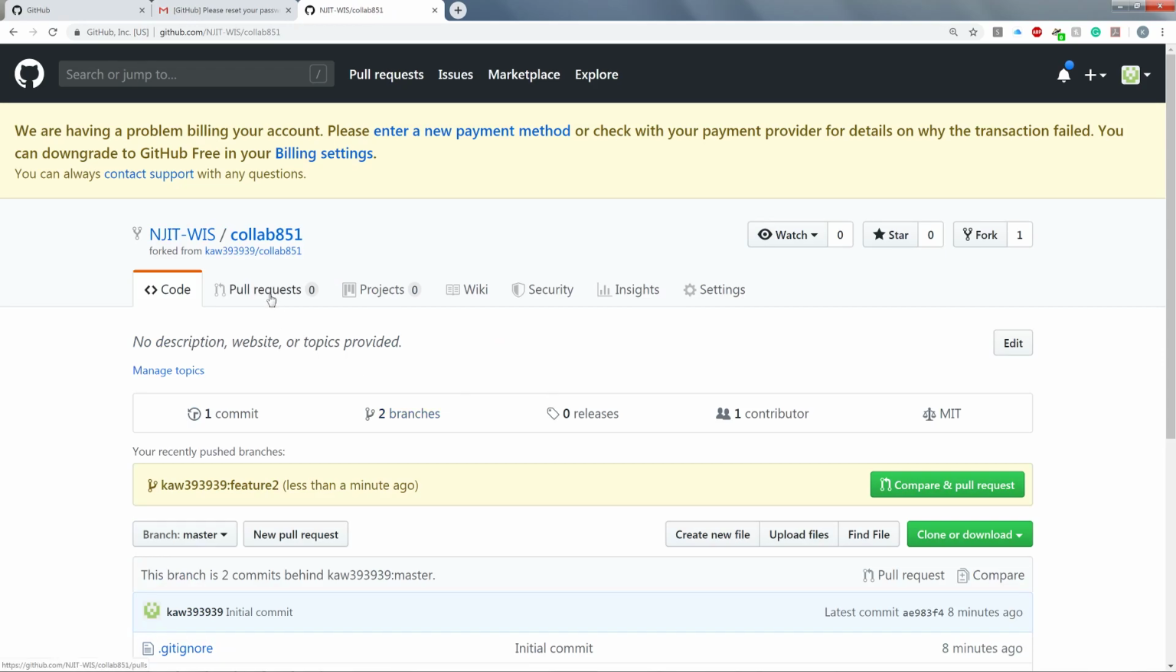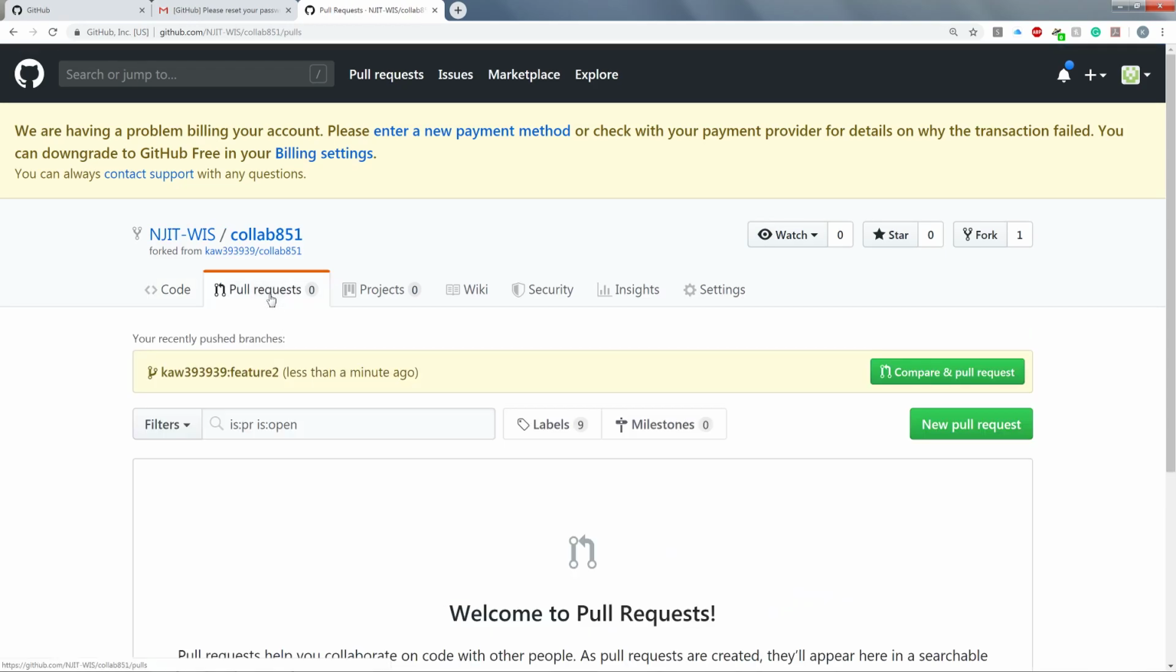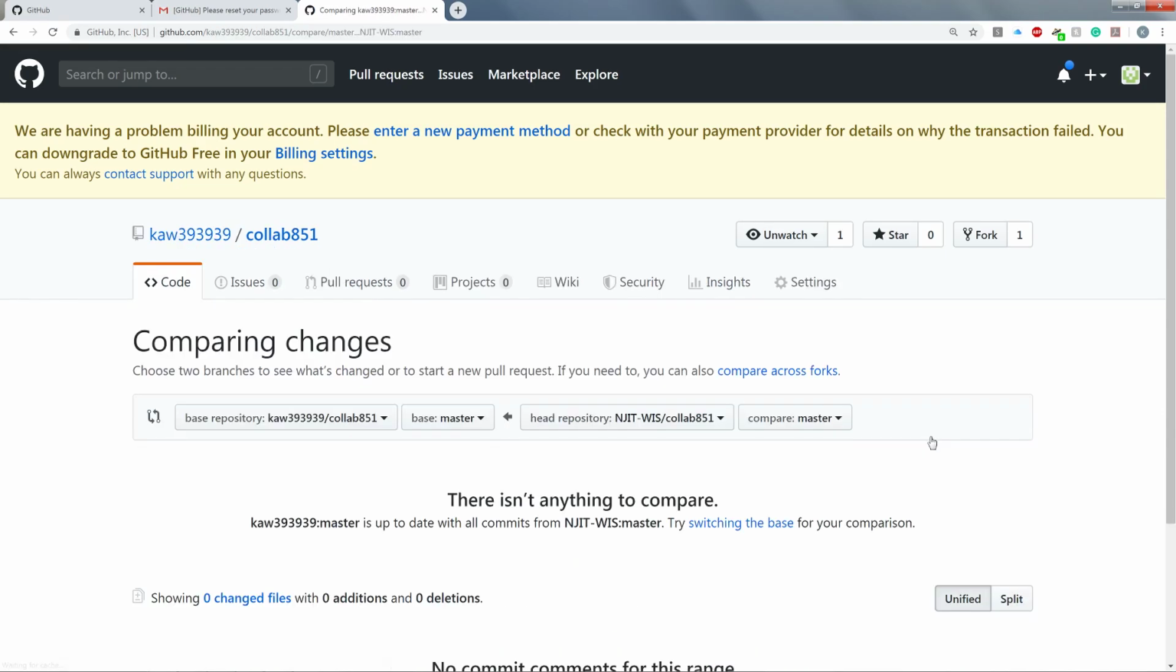And then I could say, okay, well, let's open up a pull request here, and you could see your most recently pushed branches, and then this is like some changes. It's sort of notifying me that the original one, the KW39 feature 2, has had a change, and I'm just going to do it manually. I'm just going to say new pull request,